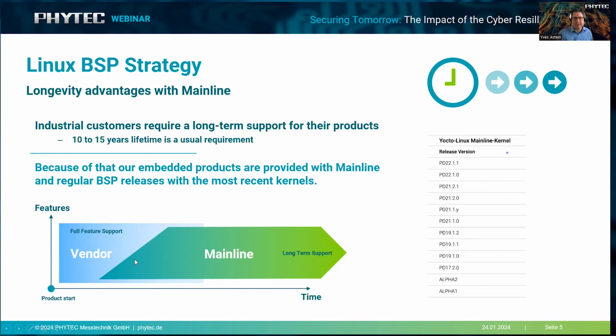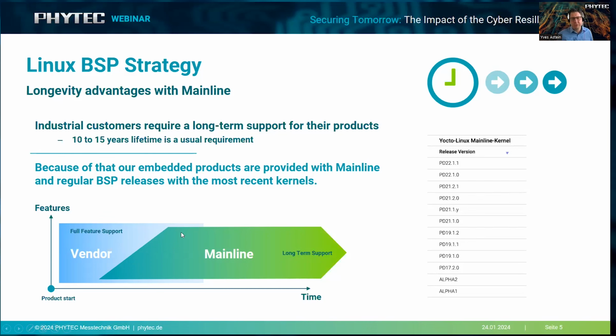Meanwhile, the vendors have also understood how important mainline is, so they are also committing their work into mainline, and this also helps to add functionality for their processor and make it more usable for everybody. And at some point, the critical mass of features is reached within mainline for this certain processor.